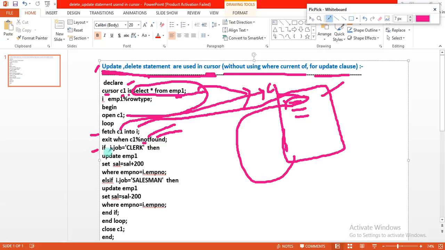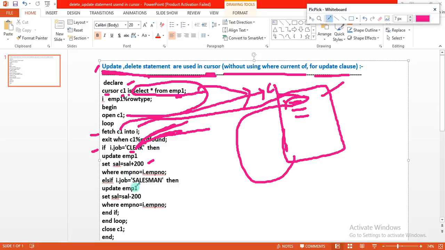Now go to the next condition checking. If I dot job equals clerk, meaning the fetched employee record is doing a clerk job, it will return true, or else it will return false. If it is true, then update the salary: update EMP1 set salary equal to salary plus 200, for the employee we fetched.